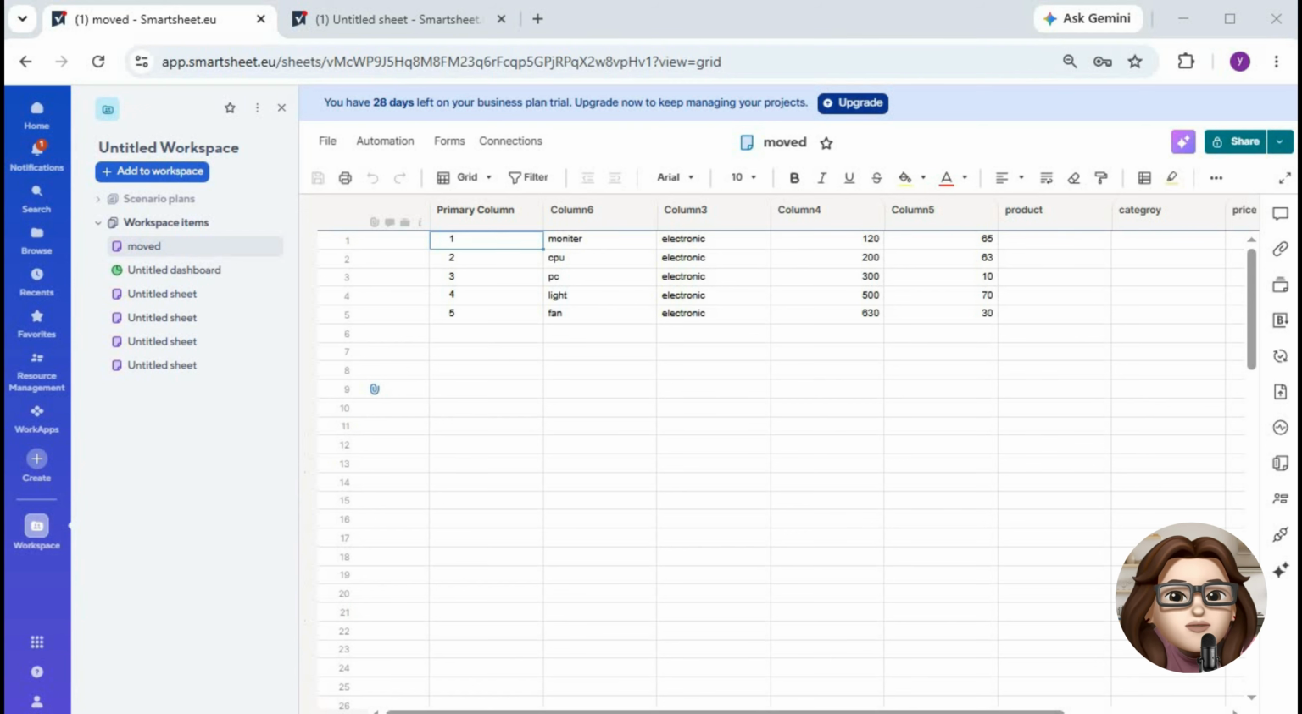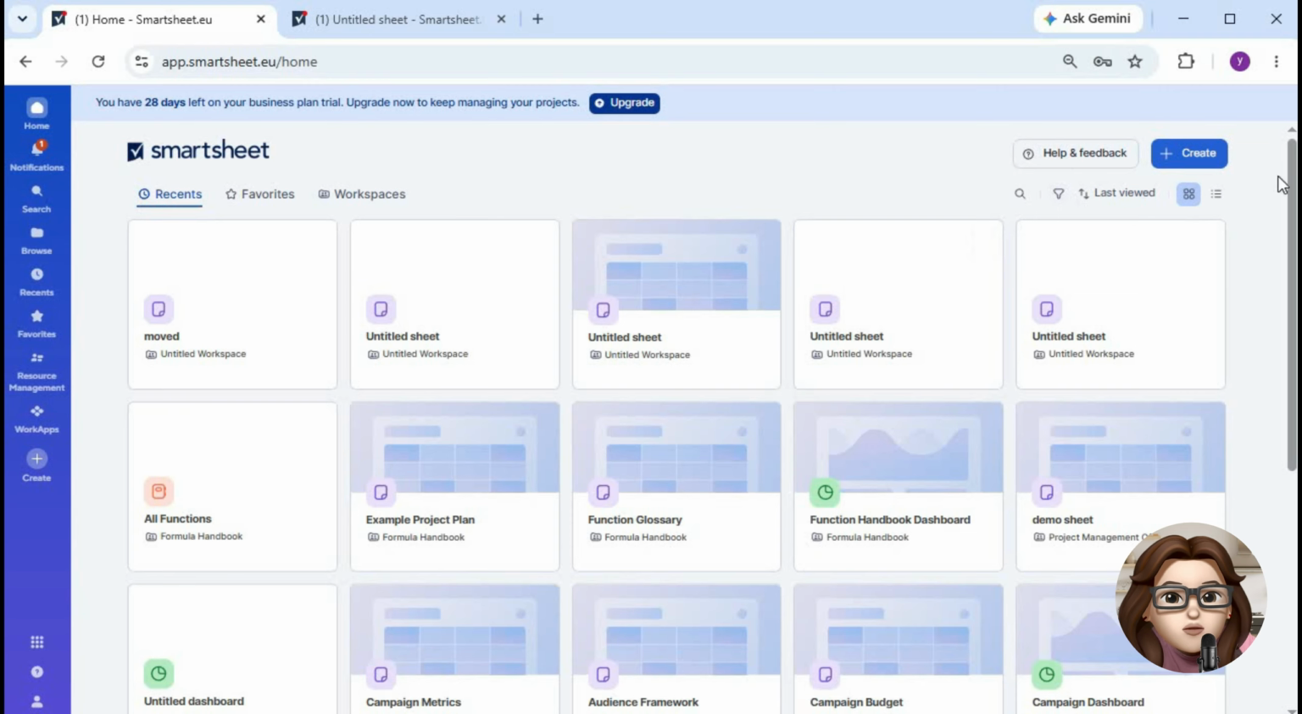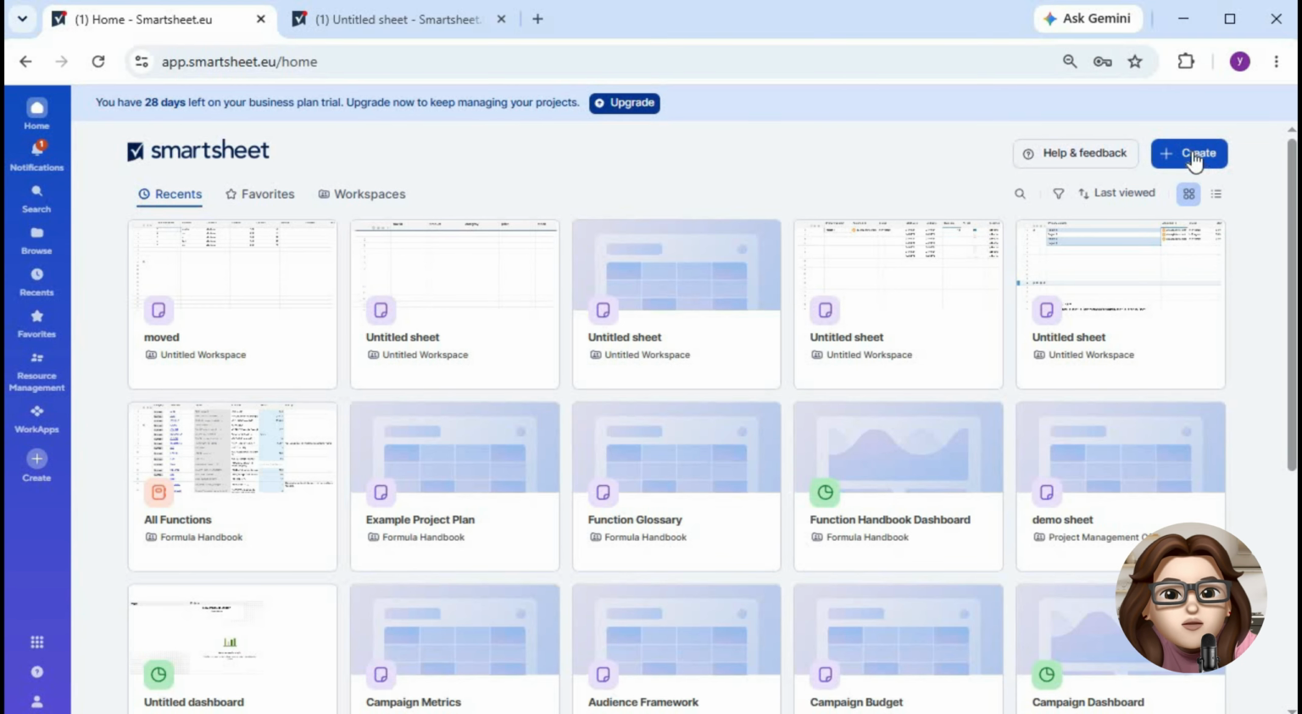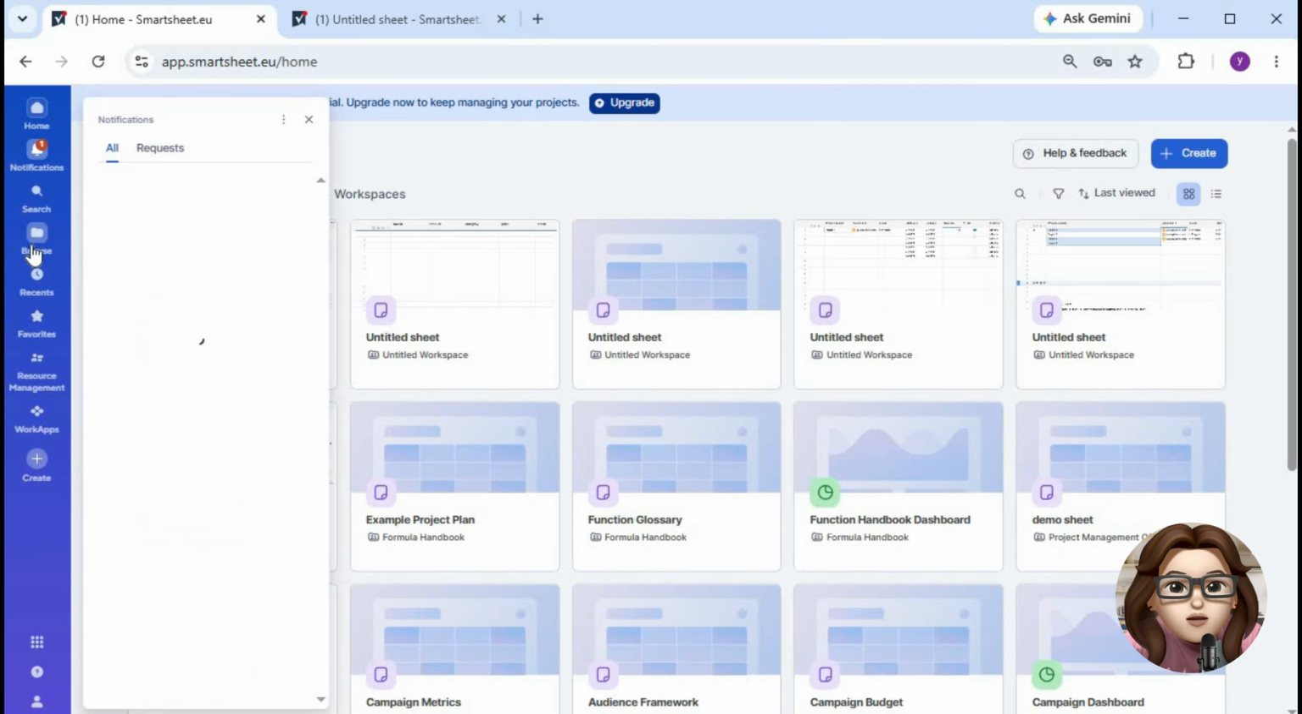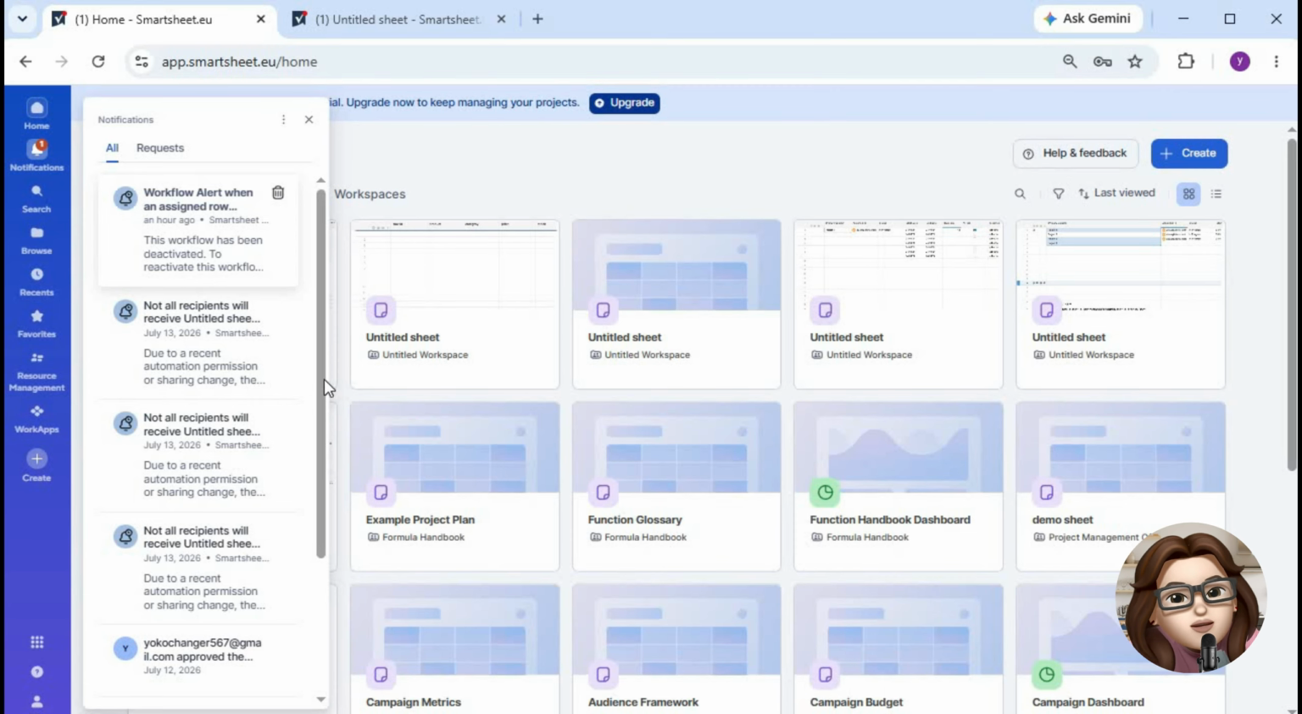In this tutorial, I'll show you how to use Smartsheet to plan, organize, and manage projects efficiently. When you open Smartsheet, start from the home page, where you can access your projects, workspaces, and recent files. Use notifications to stay updated on task assignments, comments, and project changes, while search helps you quickly find sheets and